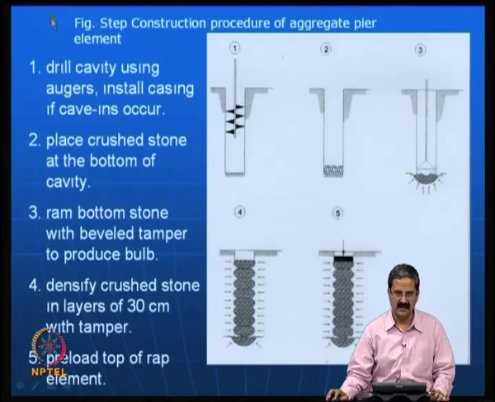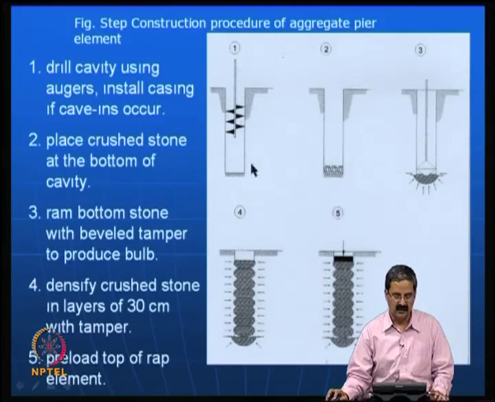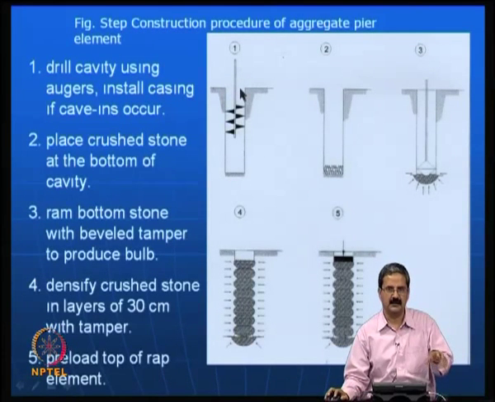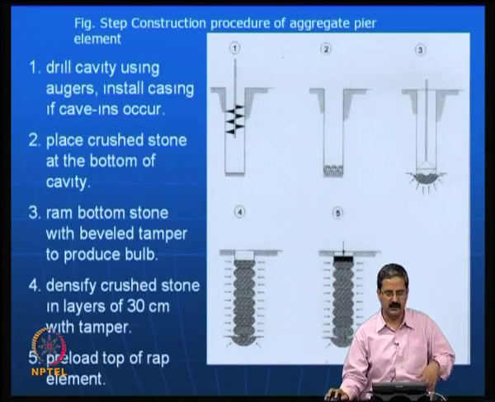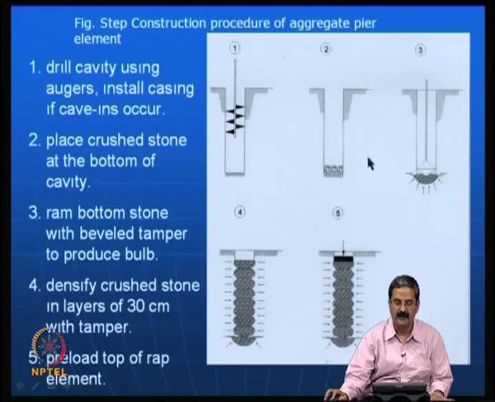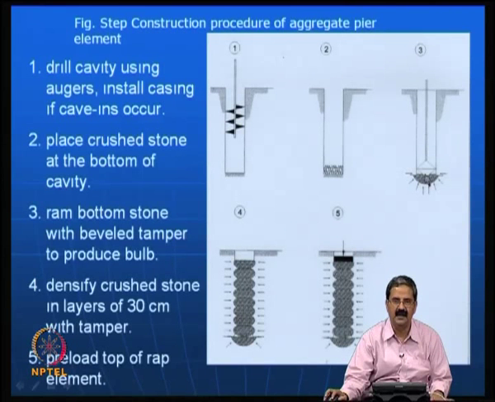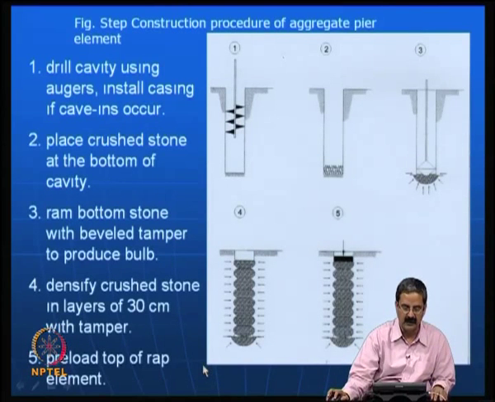What I do here is use a simple auger, and install casing if caving occurs, because if caving occurs, it is a problem. So, if you make an auger hole, put a casing immediately, some procedure should work out, and start putting the material and then start compacting. As I said, stone columns in India, what is called rammed earth stone columns, they are doing like that only. These are all some innovations.